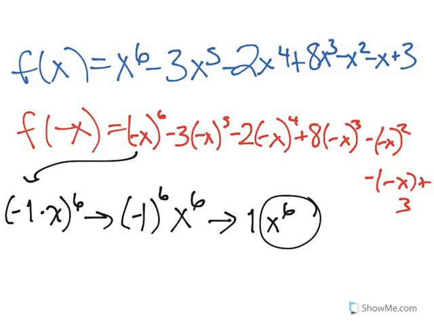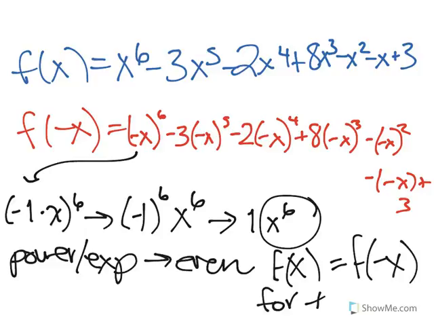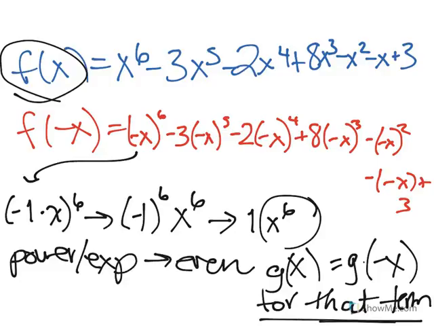So this is something to know, that if the power or the exponent, however you want to call it, is even, then f of x is equal to f of negative x for that term. So let me, instead of using f, let me use g, so you don't get confused. I'm not talking about this f of x right here, I'm just talking for that given term. So knowing that,